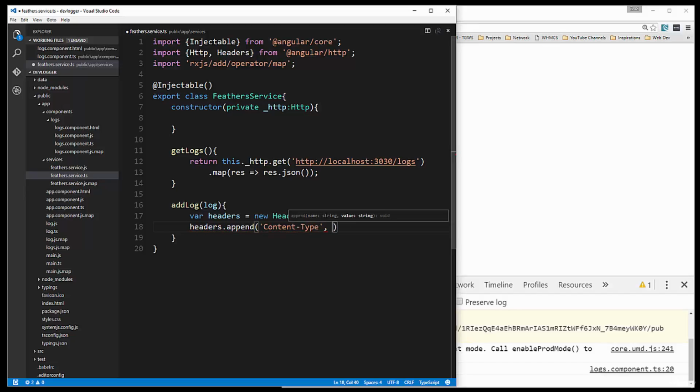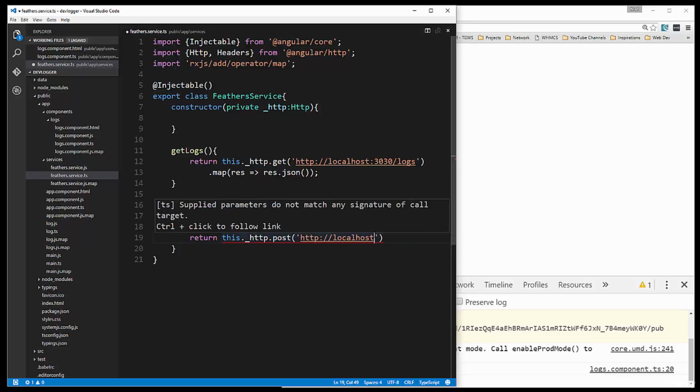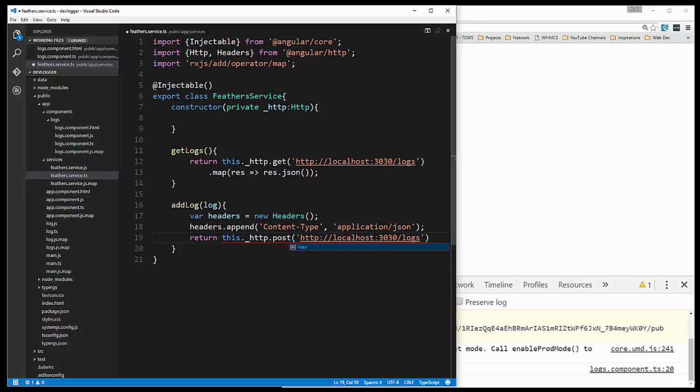Okay, and that's going to be application/JSON. Alright, and then we're going to return this._http.post, and we want http://localhost:3030/logs. Alright, and then we're going to add another parameter here, and we want to attach the log, but we